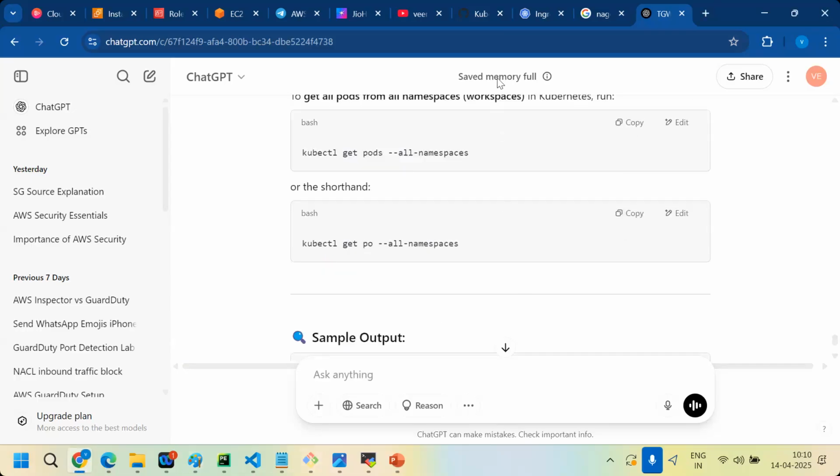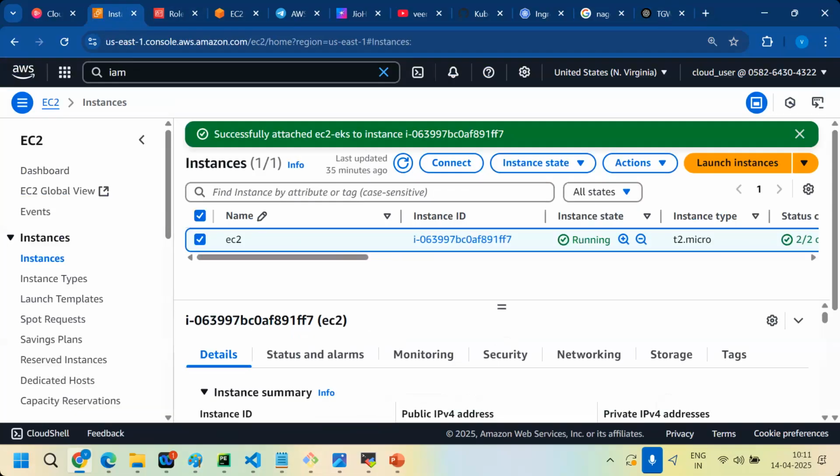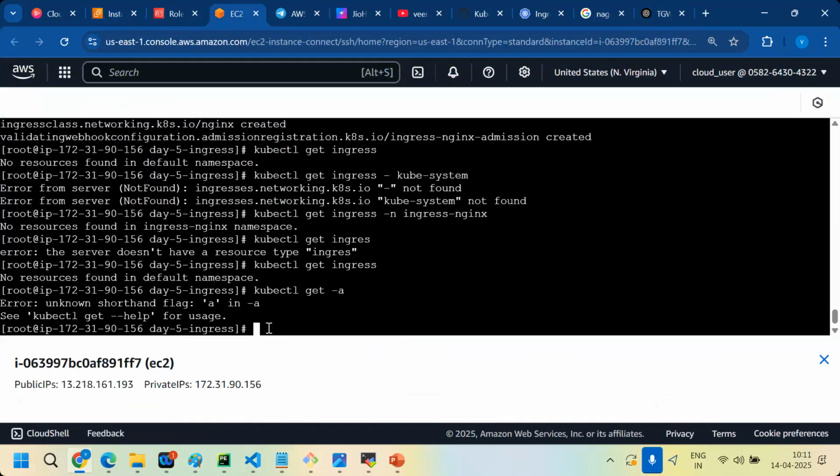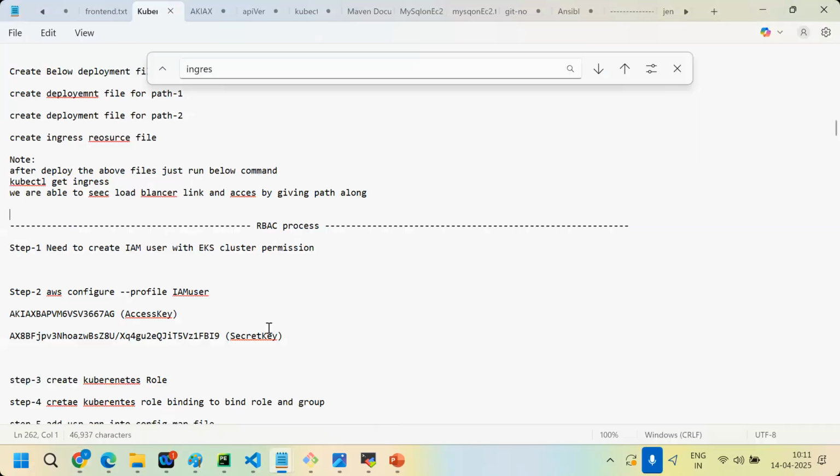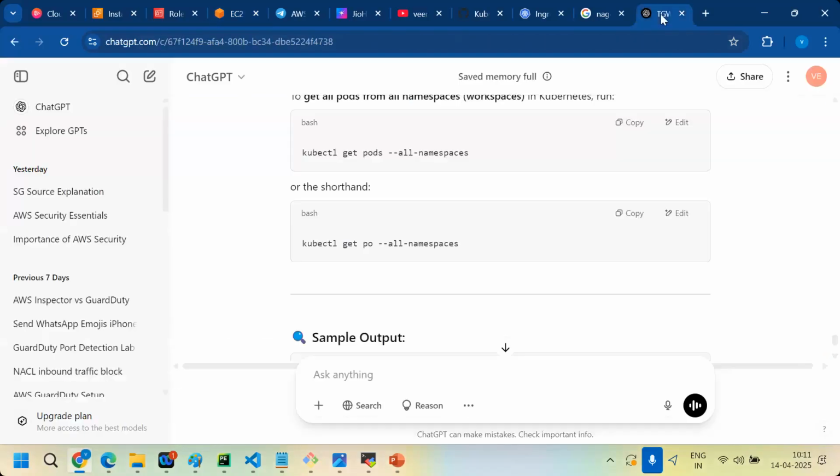Capital A. No resources found. Version to version, commands are changing; that's the problem.